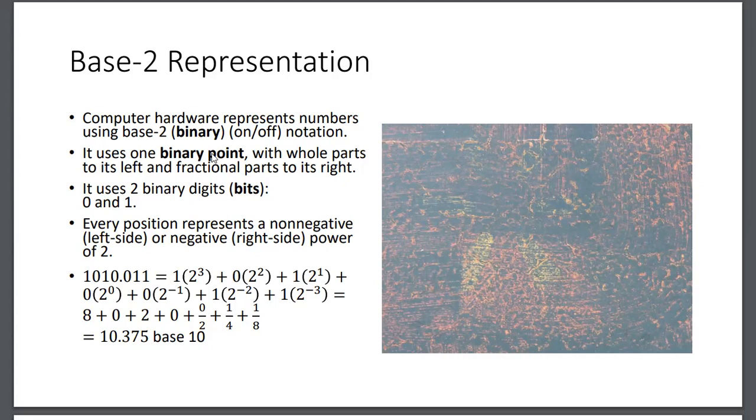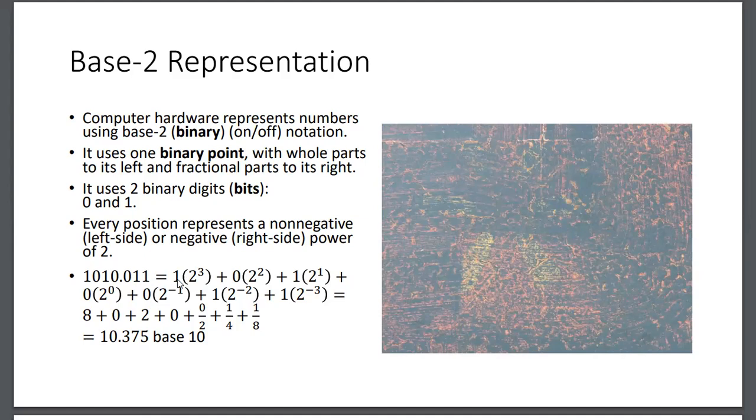It uses one binary point with whole parts to its left and fractional parts to its right. It uses two binary digits, also called in the computer world bits, 0 and 1. Every position represents a non-negative power of 2 on the left side of the binary point or a negative power of 2 on the right side. Here's an example, binary number